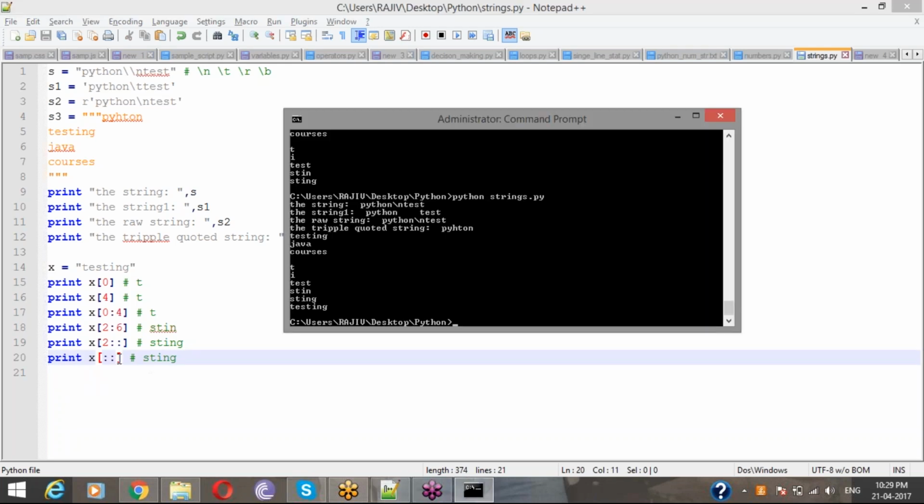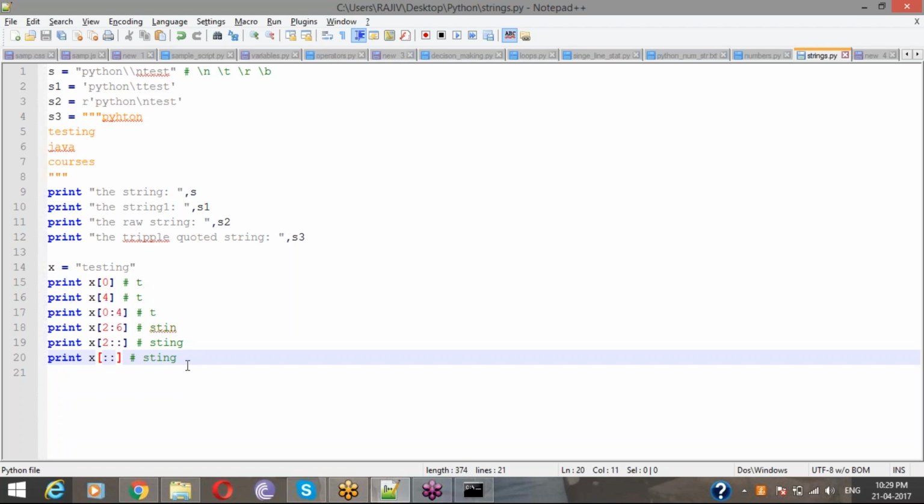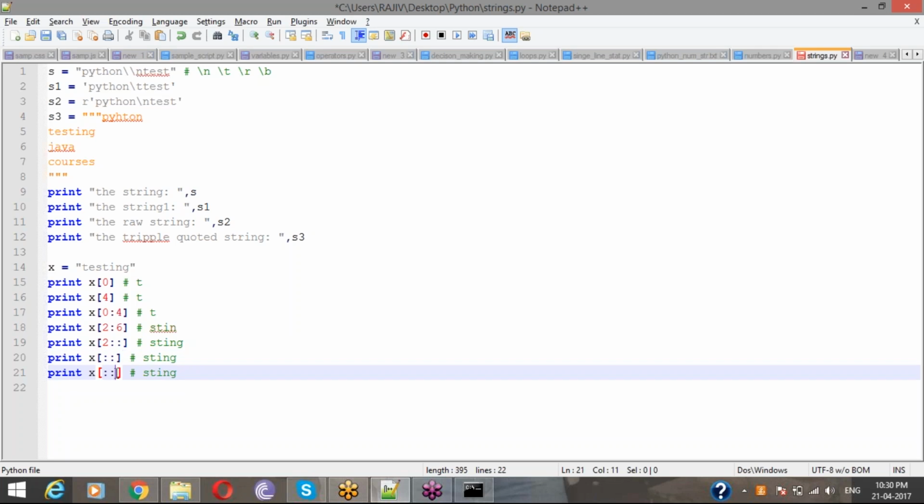And one more. First index to last index. If you want to give,